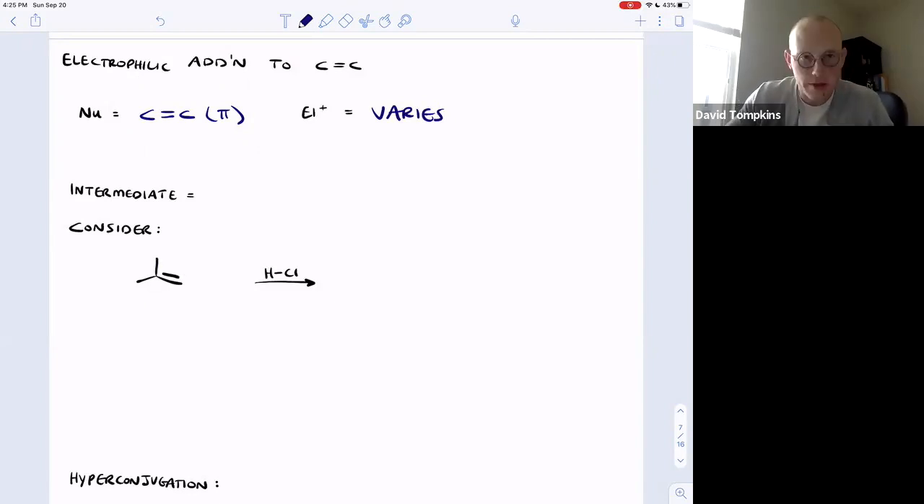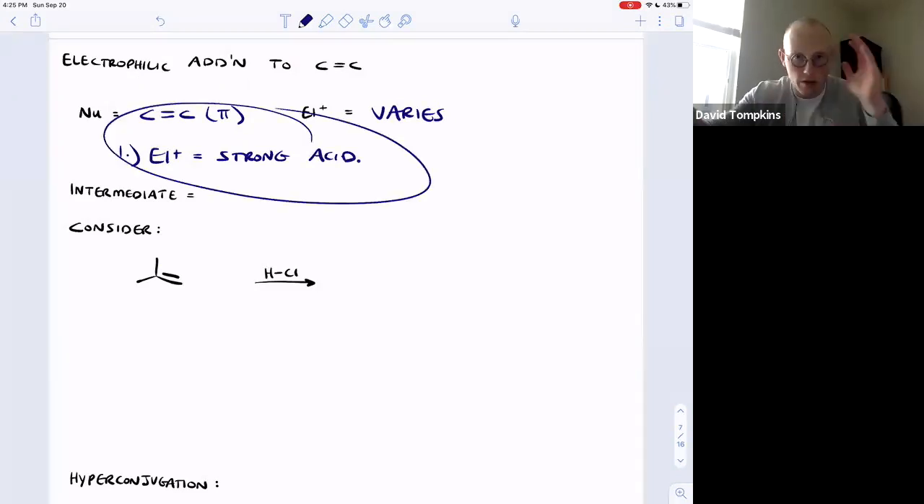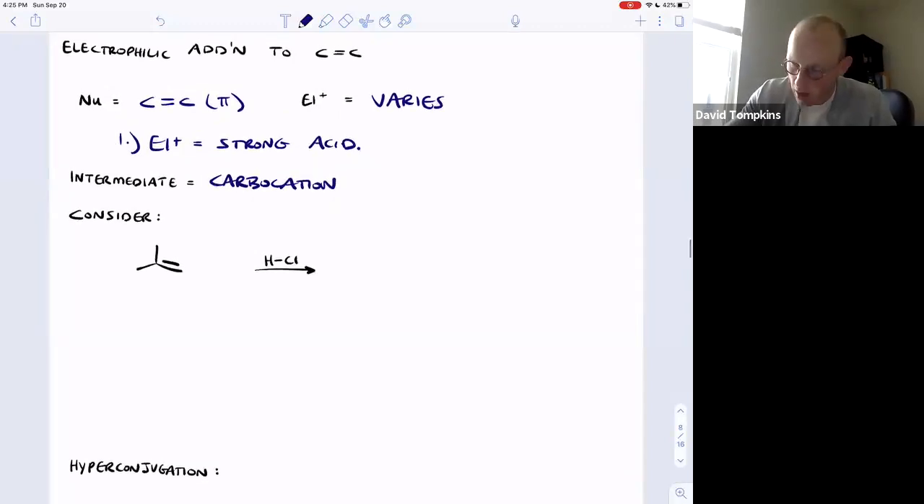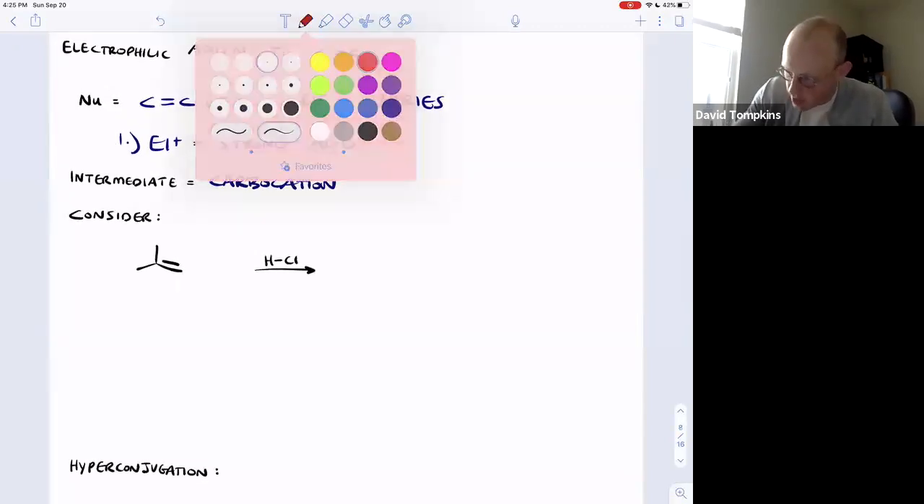First, we're going to start with the electrophile as being a strong acid. And anytime you add a strong acid to an alkene, you mix that nucleophile-electrophile pair together, the intermediate that they will give you is a carbocation. Okay, so consider the following reaction where we have HCl, a strong acid,